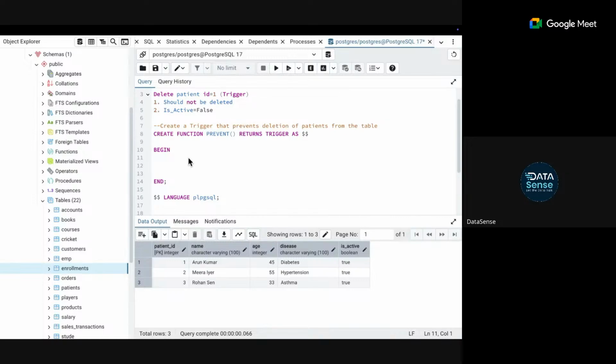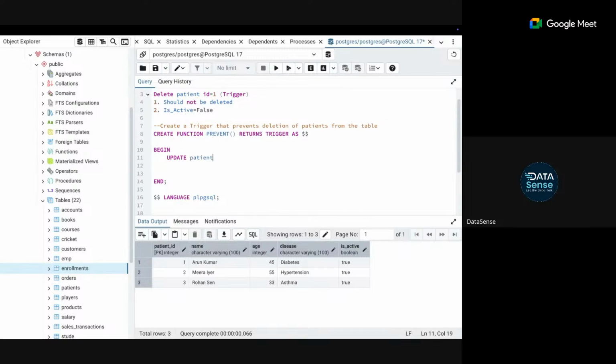Key, what do we write? So what is my criteria? Whenever a user tries to delete, is_active should become false, right? For that customer. Agreed? Yes. And I should not let that customer delete the row. So what is going to happen? See this. First, I'll say update patients. So whenever anyone tries to delete a patient from the table,